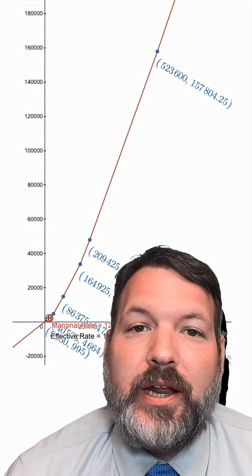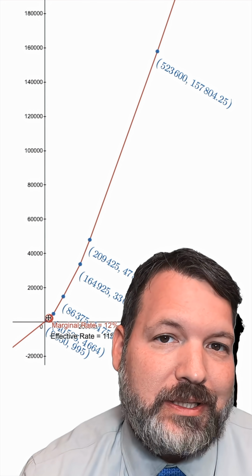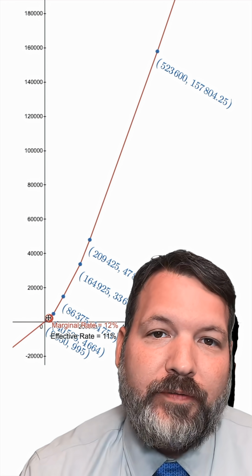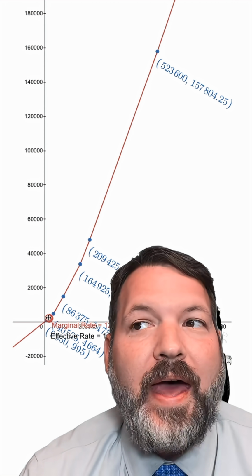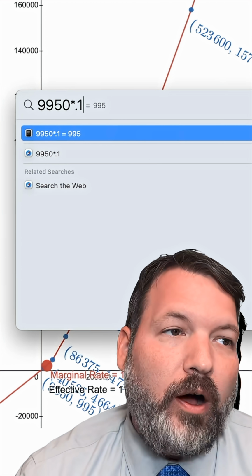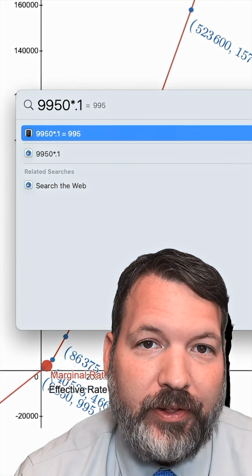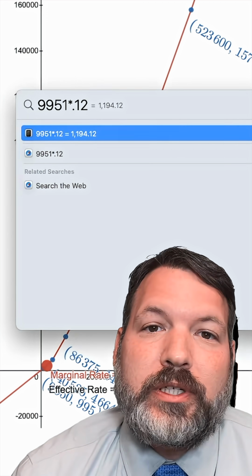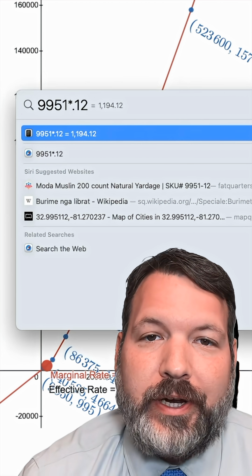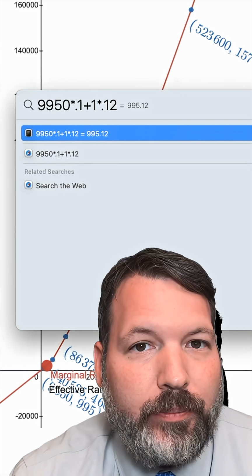The first $9,950 gets taxed at 10%, and then on that $9,951st dollar, you don't pay 12% on the whole of what you've made. You pay 10% for the first $9,950 and then 12% for that next dollar. This makes good sense because if you're paying 10% of those first $9,950, meaning that your tax bill is $995, it wouldn't make sense to let that one extra dollar push your tax bill up $200 to approximately $1,195. Instead, that one extra dollar in income is going to cost you a little bit more in a marginal